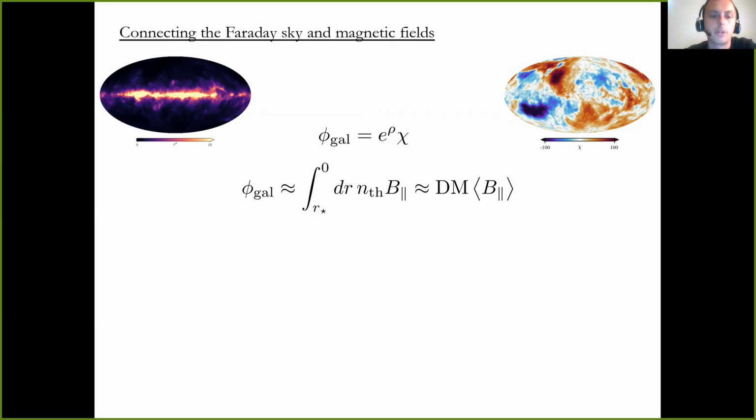of the galactic Faraday sky, you see that this is an integral from, well, the end of the galaxy, basically, to us over the thermal electron density times the line of sight component of the magnetic field, which under some assumptions can be written as a product of the dispersion measure map times the line of sight average magnetic field. And the assumption is that both the electron density and the line of sight component are correlated. So, then you have this nice formula, which looks very similar to this one, and it also behaves very similar because both the dispersion map and our profile map are positive definite, and they mostly contain the disk